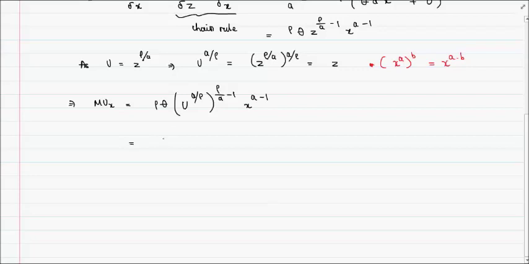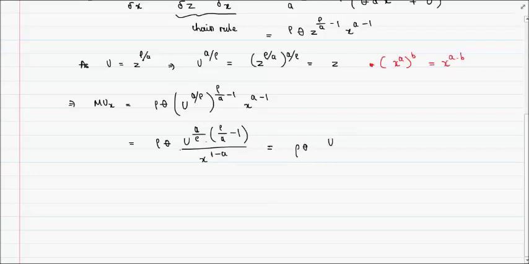So again, I got the power to the power, so I just apply my power rule over here. So I got rho times theta, and I got u over here. Now it's just going to be a on rho times rho on a minus 1, and I want to move x to the denominator just as in the expression in the textbook. So if I want to move it to the denominator, then I just have to put a negative sign in front of it, so that it just becomes x to the power 1 minus a. So that will just give me rho theta